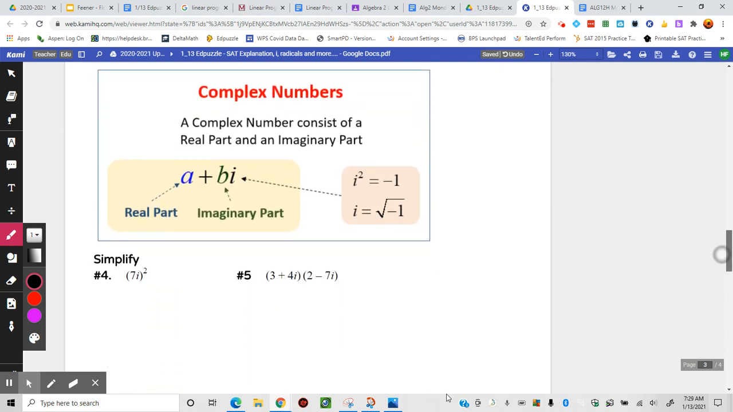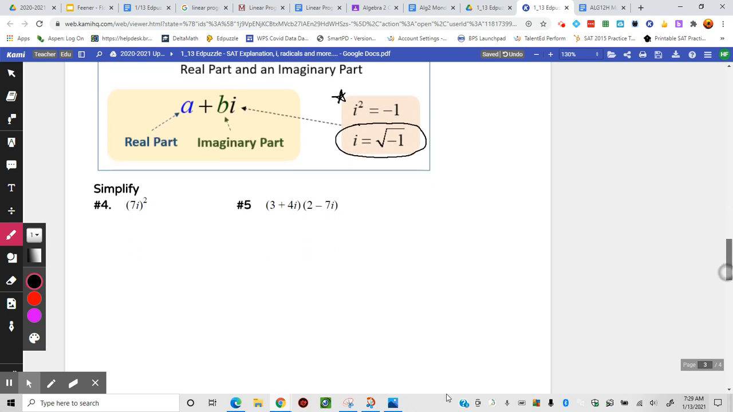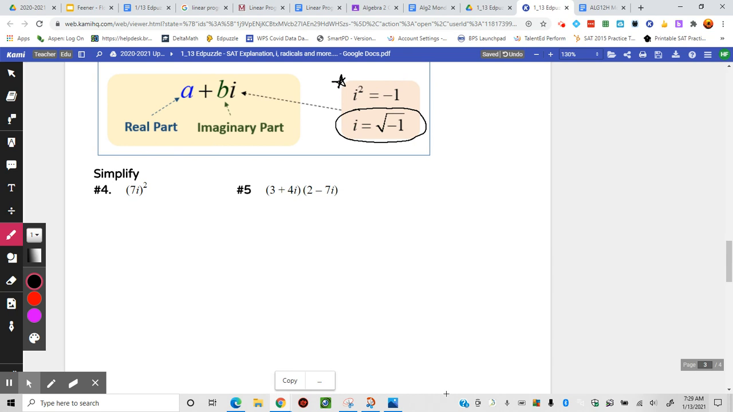All right, this is the other part that we started talking about the other day, complex numbers. There's a real part and there's an imaginary part. On the SAT, they're going to tell you that i equals the square root of negative 1. You need to know that i squared equals negative 1. Okay, so we're going to try 2 problems. The first one we're going to try is 7i squared. So when you rewrite this, you get 7i times 7i,